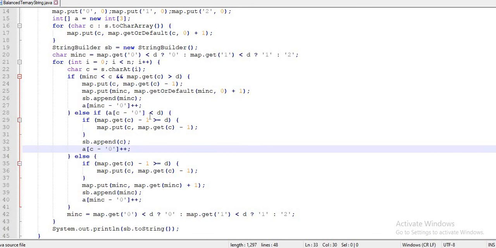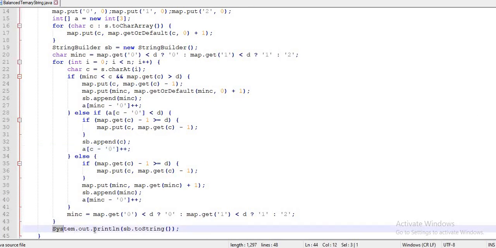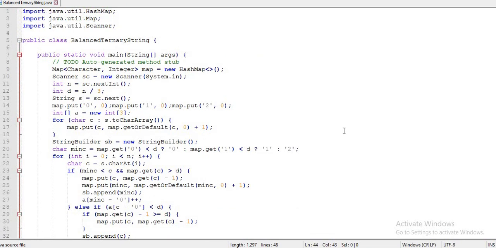And once this for loop gets exhausted, finally I just have to output my string builder over here, whatever string is generated, so it will definitely be lexicographically sorted, that is, in the form of ascending order. Okay, yeah, so that's the solution for this problem. You can refer to this solution, and it will cover all the test cases on Codeforces when you try to submit it.